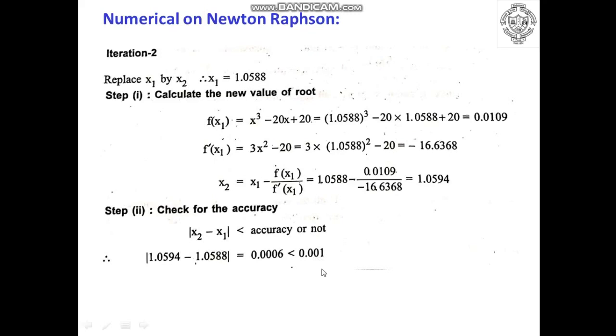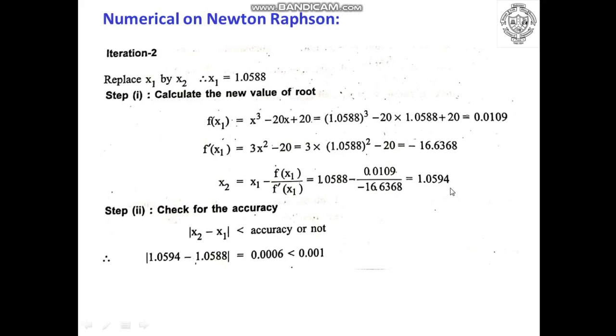So you can stop here and you can write your answer as root of equation using Newton-Raphson method is 1.0594. Value of x2 will be considered as root of equation in Newton-Raphson method because we are considering this as approximated root, which has to be as close as exact root. So since the accuracy criteria is satisfied, you can stop at this moment and you can write answer as root of equation is equal to